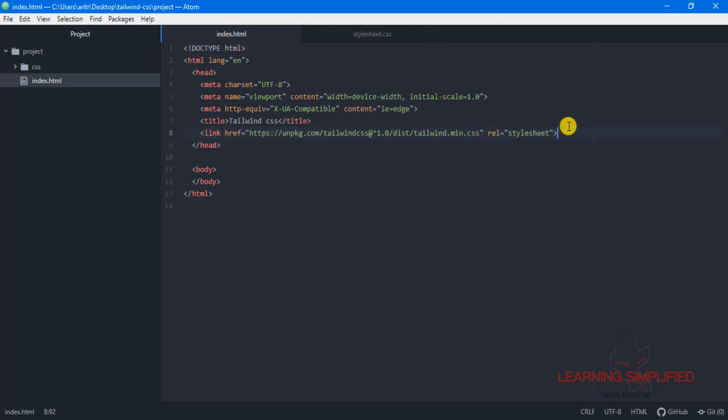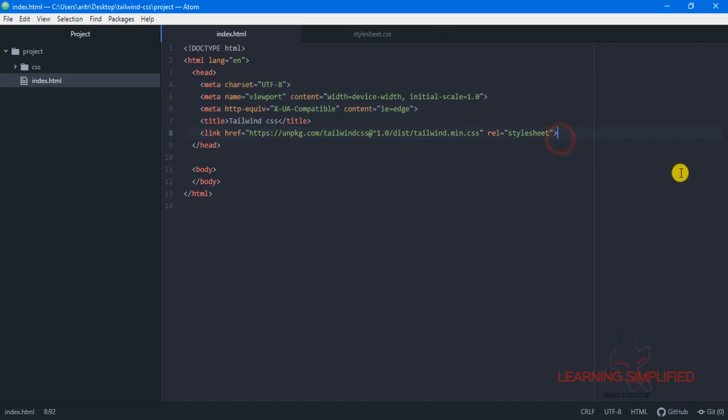Now get back to index.html, and the very first thing you can see is that I have placed this CDN right below this title and all of these meta descriptions. I need to place this CDN just beneath all those things, as they need to be rendered first in your project.